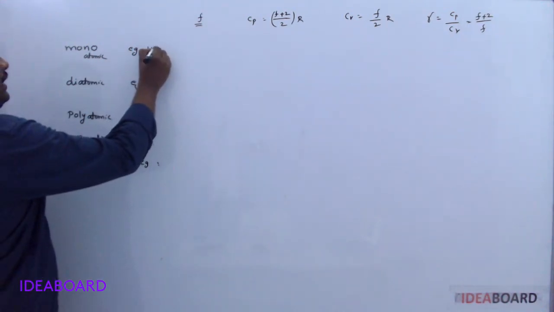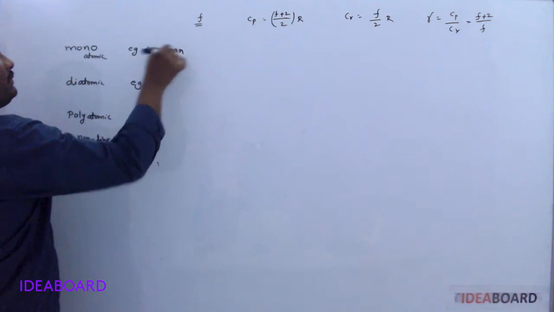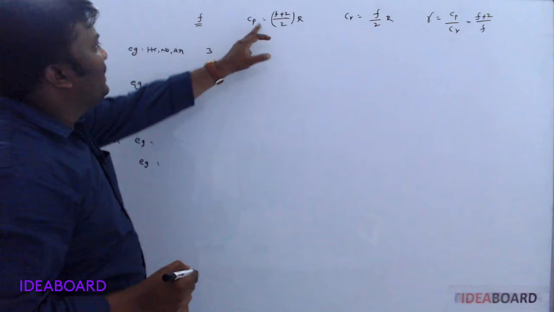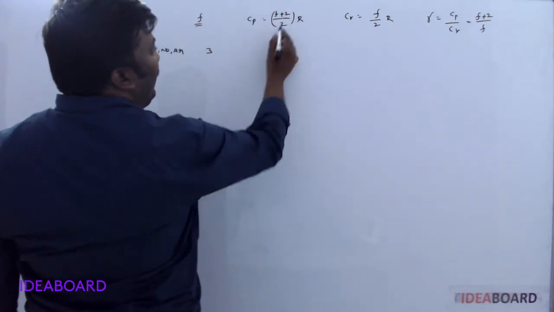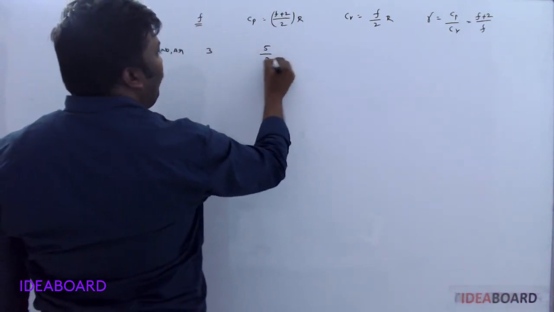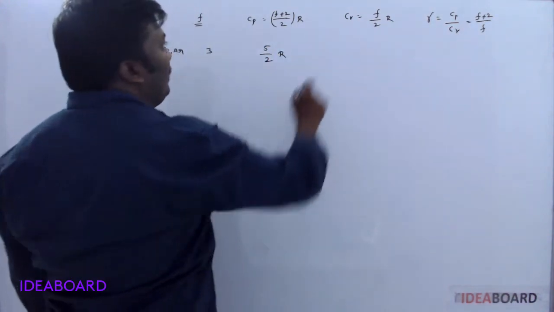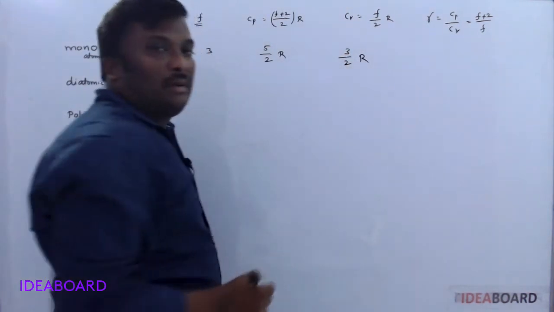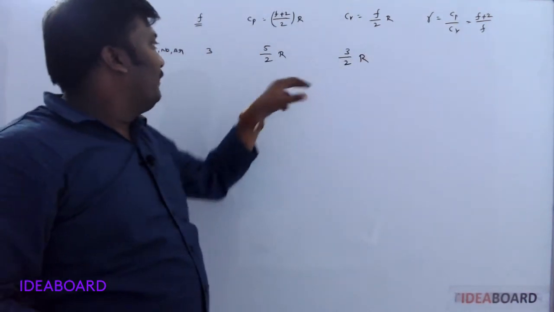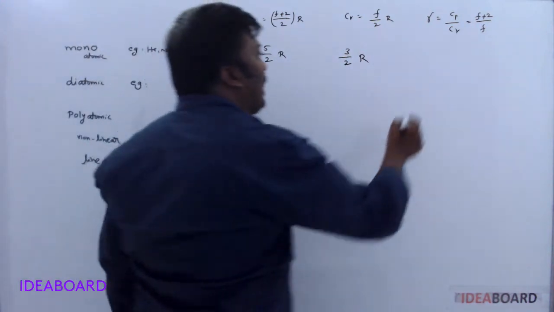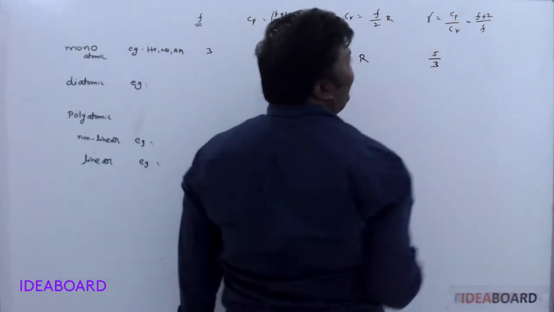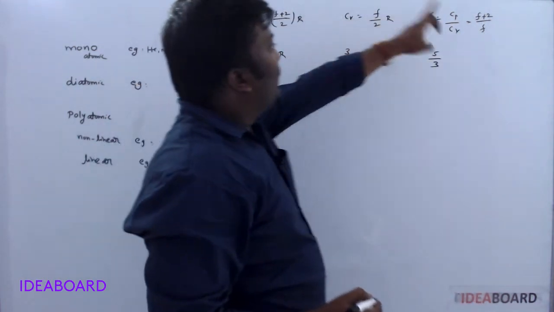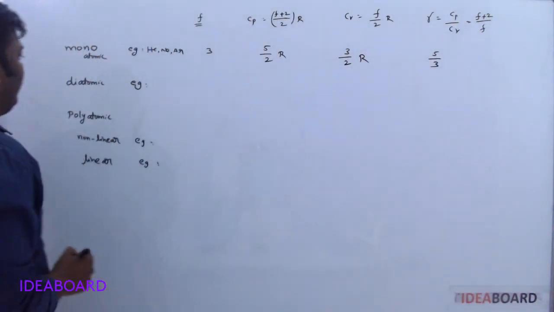Monoatomic examples are helium, neon or argon. Number of degrees of freedom 3. If F is 3, what is the value of Cp? 3 plus 2, 5 by 2R. So the value of Cp is 5 by 2R. Cv is F by 2, F means 3, so 3 by 2R. Gamma value is Cp by Cv, 5 by 2R over 3 by 2R. So gamma value comes as 5 by 3. Otherwise another formula is there, F plus 2 by F. F is 3, now 3 plus 2, 5 by 3. Your wish. For diatomic,